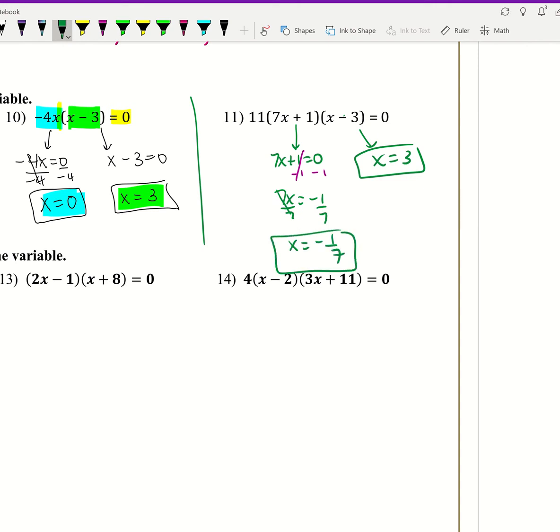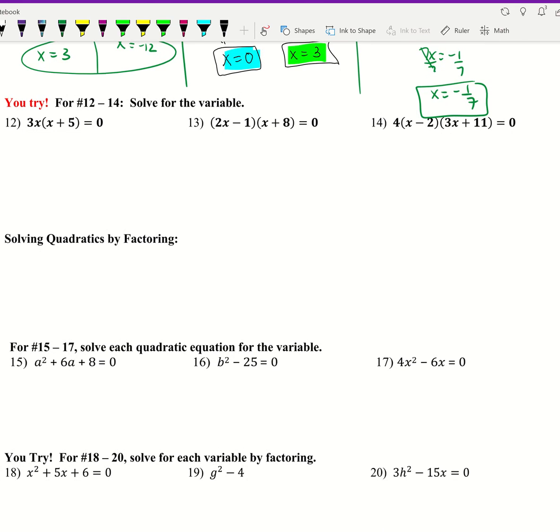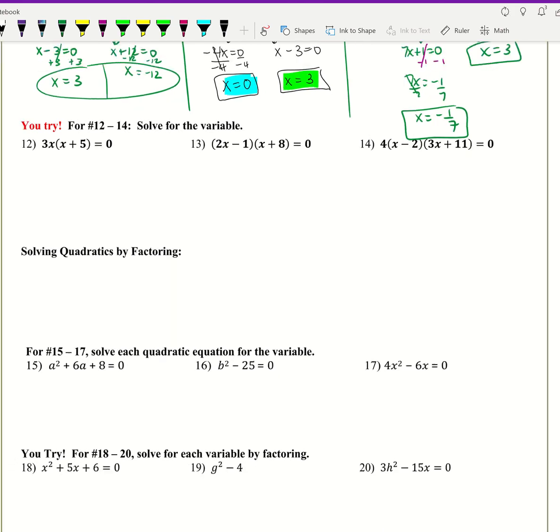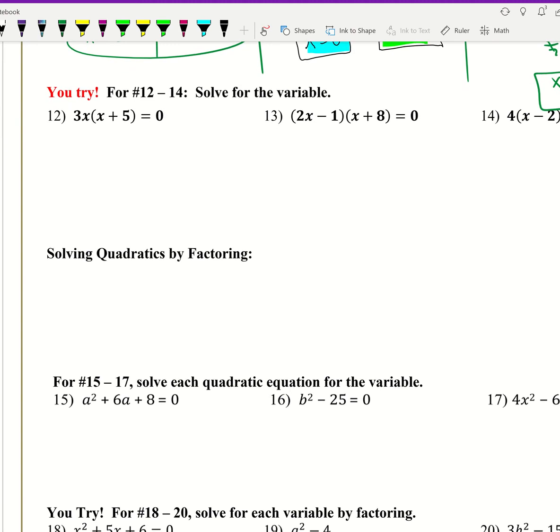Sometimes kids are ready to see this pattern. It's just you change the sign of the addition or subtraction, and then you divide by the coefficient. If you're not ready for that, then just go ahead and set it equal to 0 and use some algebra to isolate. Okay, so go ahead and pause the video. Try these, see if you can get the answers. And once you've got them, you can restart and compare. All right, for number 12,